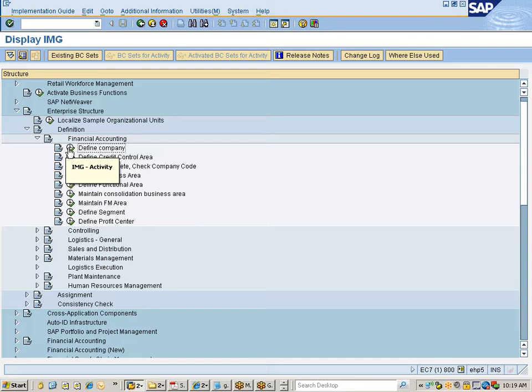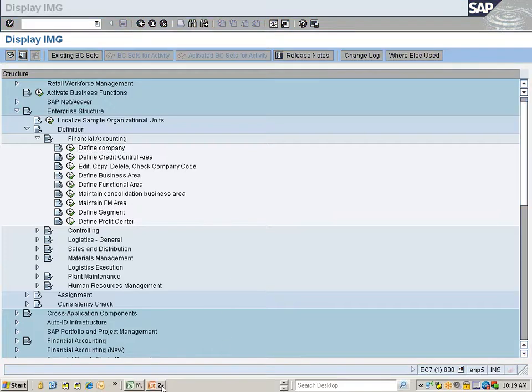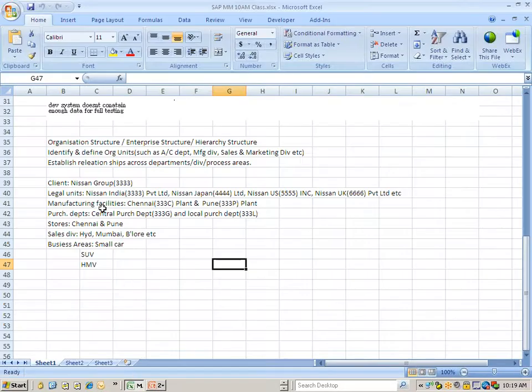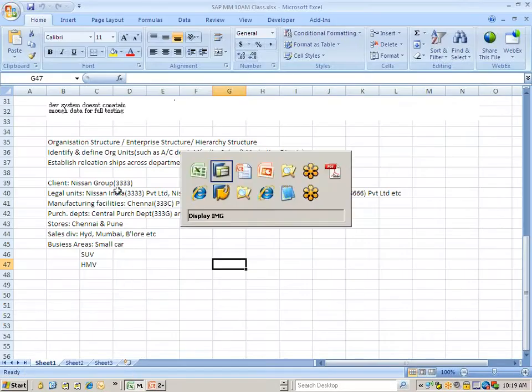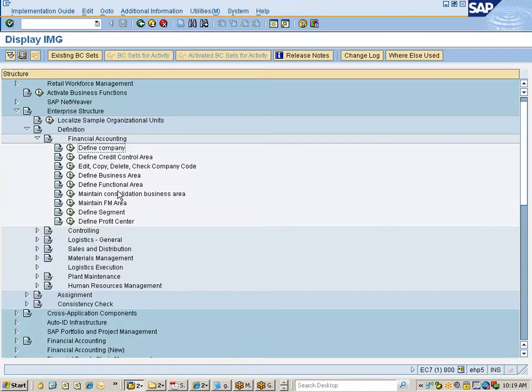You see here, a company in SAP terminology is a brand in the physical sense. So now what we have decided, we thought of setting up Nissan, right? So this Nissan group is called a company in SAP terminology. Now, wherever you see this timer icon, this is called execute. So when you go with this,